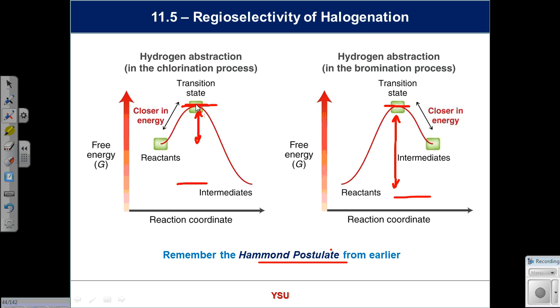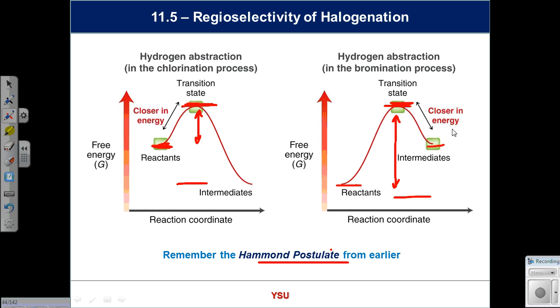This guy up here, which we have to calculate, and we can't see transition states through spectroscopy. We can't measure them directly. So the argument now is that if we want to have some idea of what this thing looks like, then we've got to worry about what's close by. What's a real species that we can see? So in this case, it's an early transition state, where the transition state looks a lot like the reactants. On the right-hand side, it's a late transition state because it's getting closer to the products. And so the transition state over here looks more like the products of the step, which happen to be the